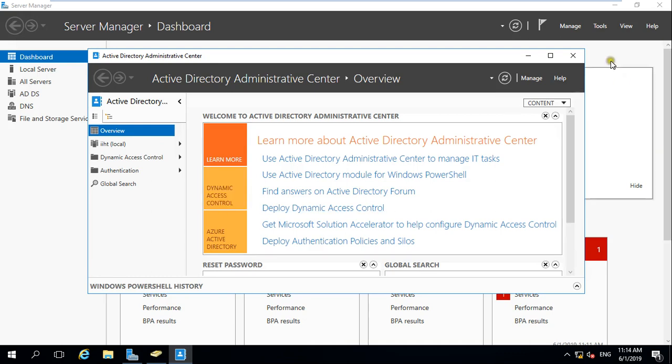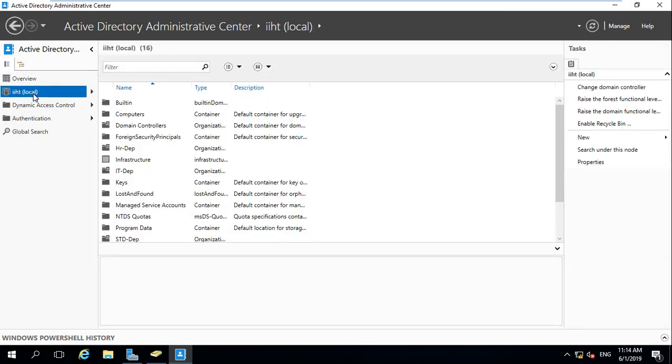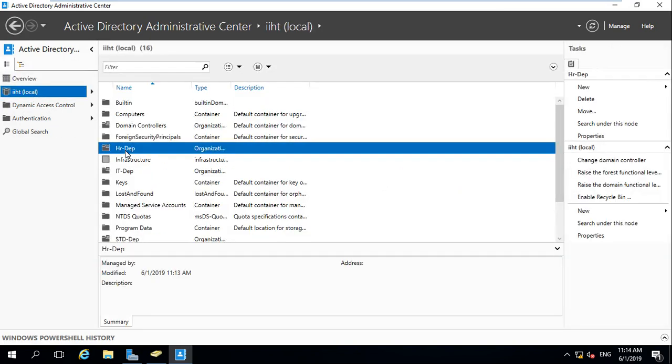When it opens, you come to IIST, and then the HR department. So click the HR department.